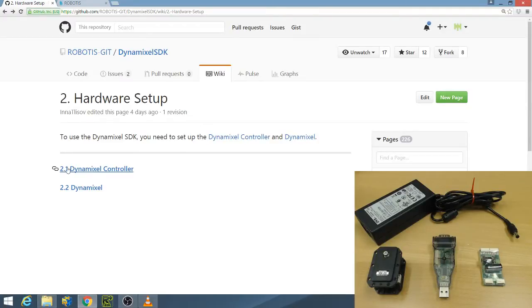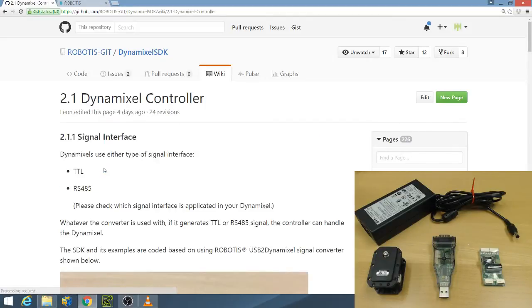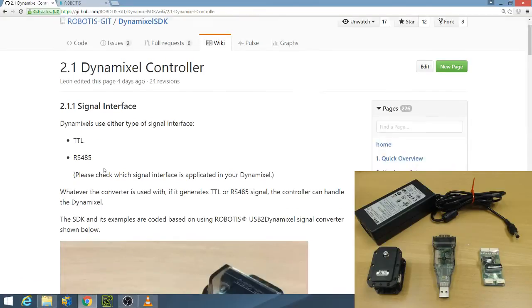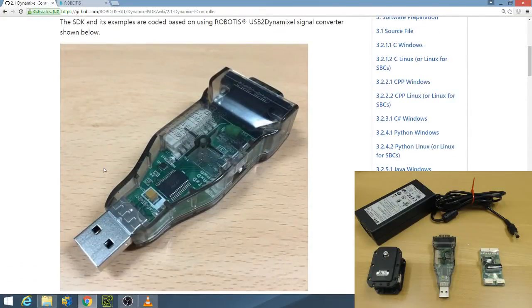Firstly, you will need to choose how to communicate with Dynamixel. You can control Dynamixel via PC or via controller or SBC. If you would like to control Dynamixel via PC, you will need the USB to Dynamixel adapter shown here. The USB to Dynamixel signal converter connects to your PC's USB port so that you can control a network of